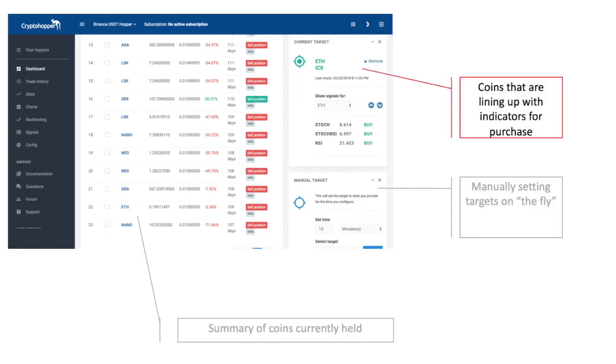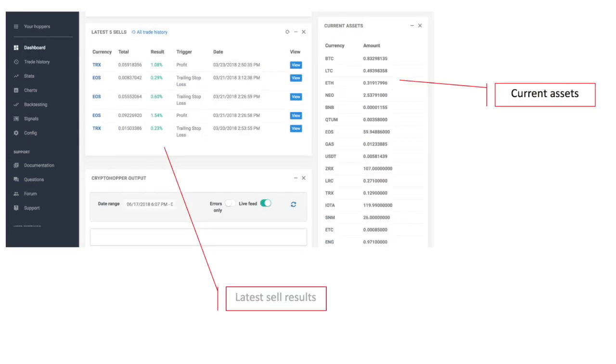You've got an area that will show which coins are lining up to the indicators, which ones are on the block, and what mode those indicators are in, whether they're in buy mode or sell mode or neutral at the time. You can set manual targets on the fly. You've got a summary of the coins, once again, that are being held with a percentage of whether they're up or down. You've got your total current asset list, and you've got your latest sell results, the top 5 latest